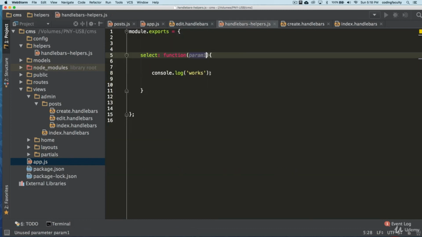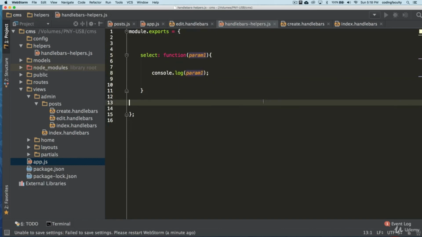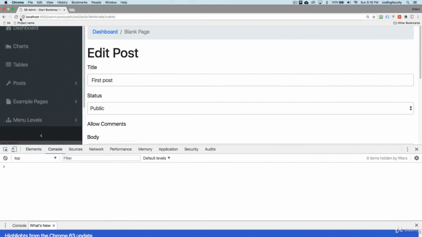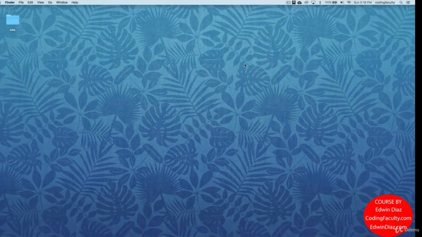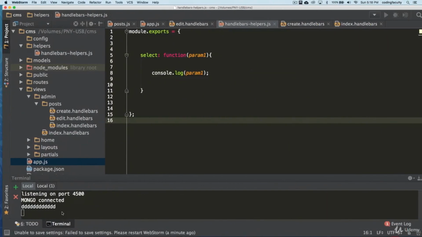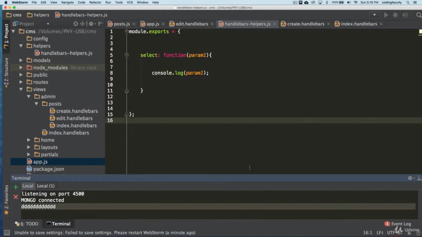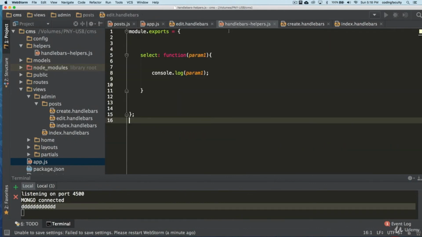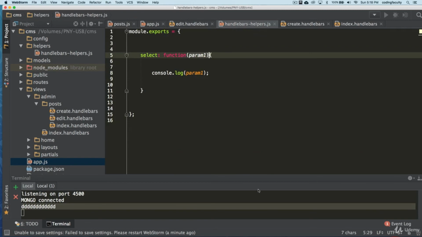And then let's go to that, and we're just going to say param 1 here, and let's see what that consoles. Let's refresh, let's go back here, and you can see D there. Okay, you see how that works? So a space and then the next value will be a parameter, and that's how you play around with it.